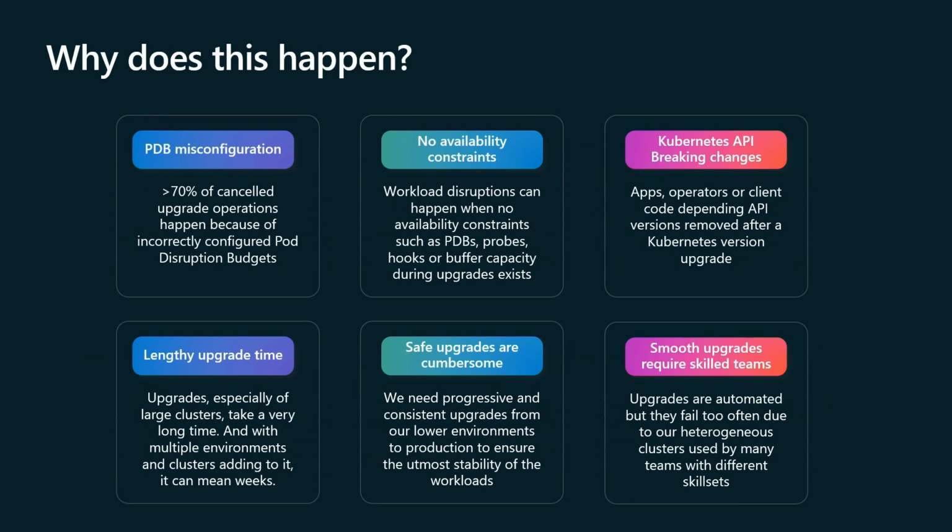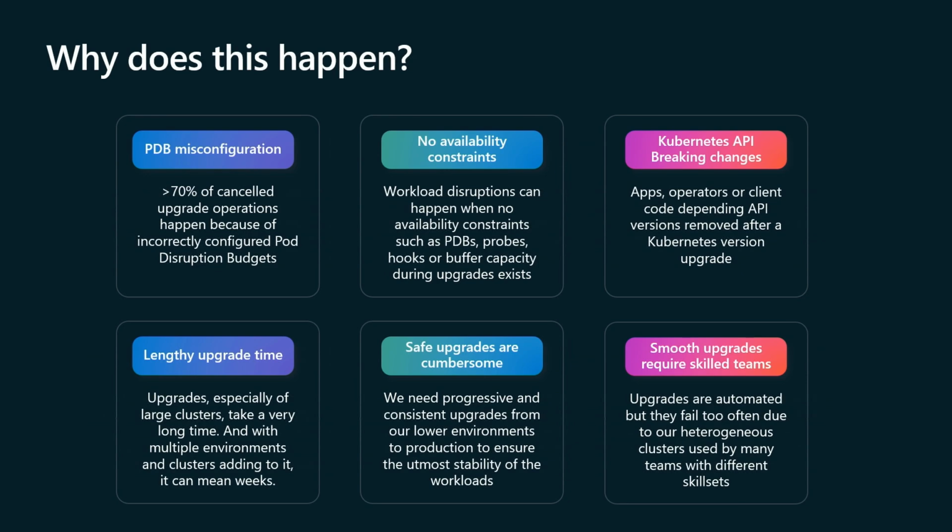The third is a very common one, and it was actually one of the main causes before we attacked it, which is Kubernetes API breaking changes. In Kubernetes, when you do the upgrade, the objects get automatically changed within etcd, but things like operators, client tools, and applications that are leveraging Kubernetes APIs are in code, and they might not be automatically updated. So that was a big problem when you upgraded to a new version, and that API got removed.